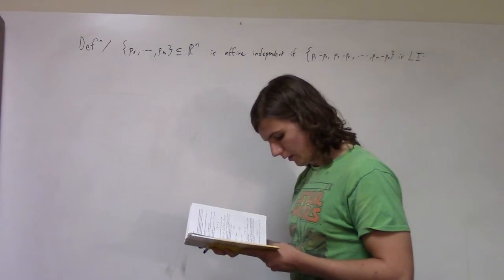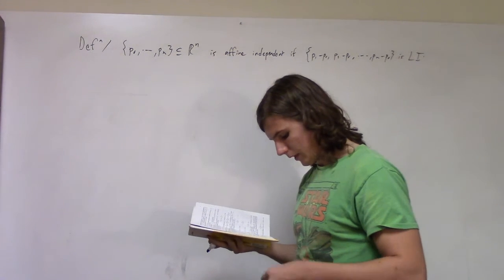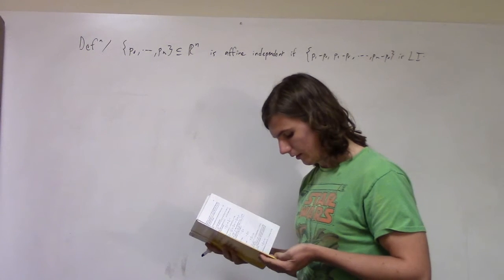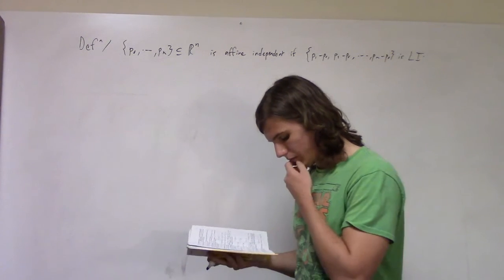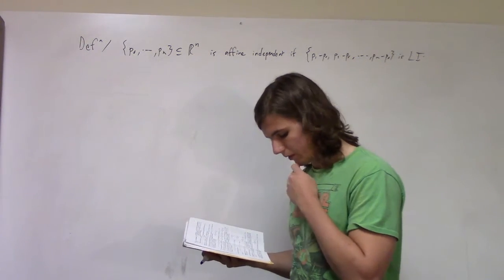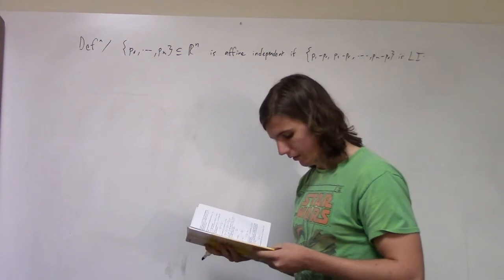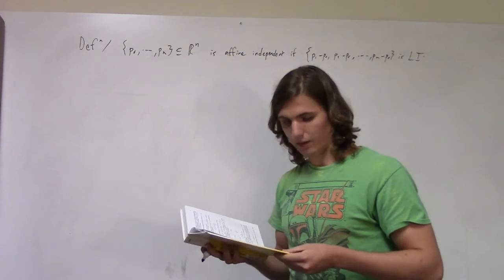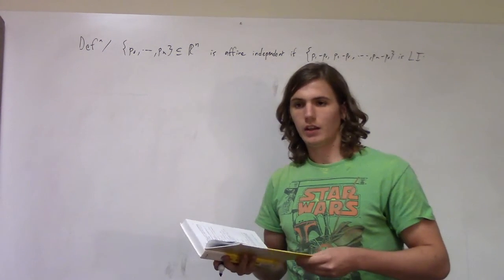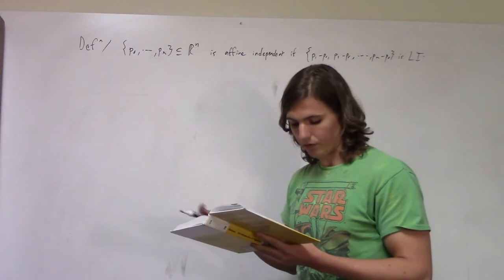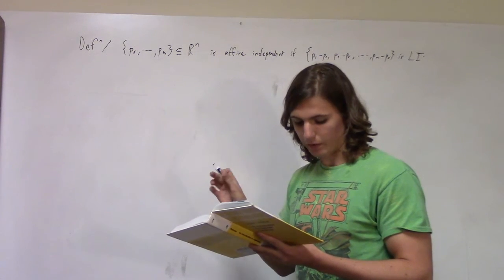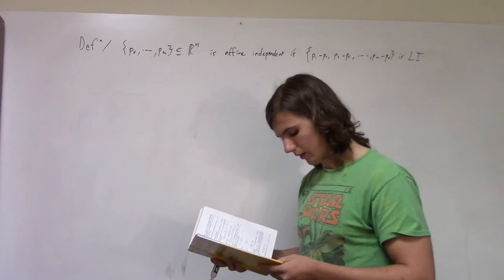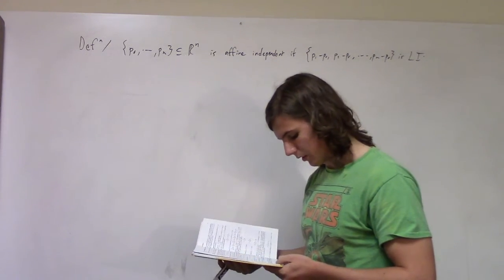So he says that any linearly independent subset is also an affine independent set, which seems pretty straightforward. But the converse isn't necessarily true, because you can take a linearly independent set and pair it with the origin, and therefore each element of that linearly independent set minus the origin is still going to make a linearly independent set. Therefore, the converse isn't true.